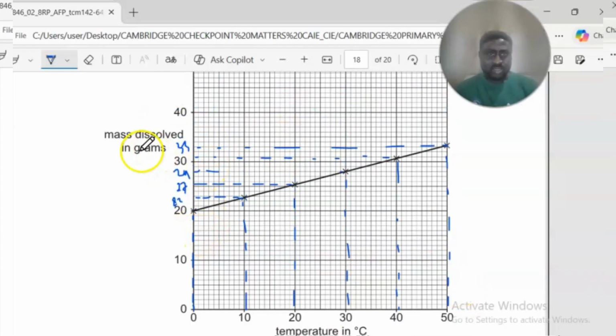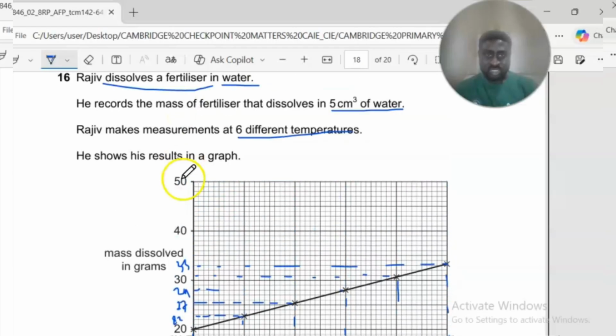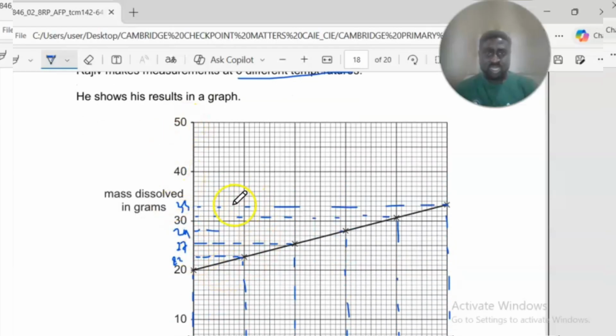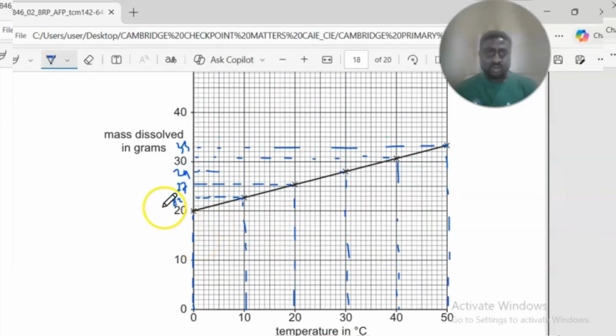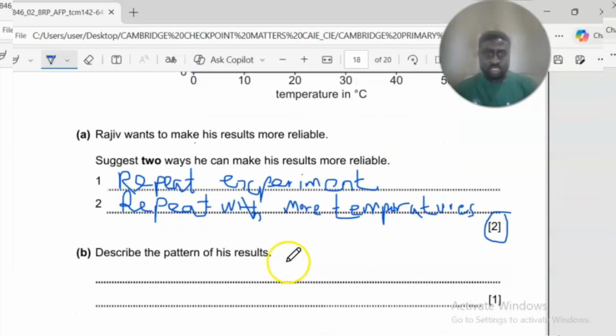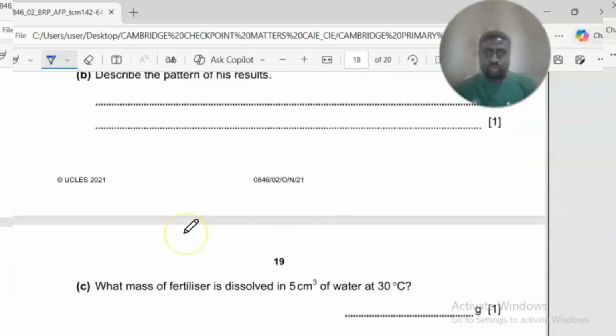Then if you look at the mass dissolved in grams, from the origin 0, you have 10, 20, 30, 40, 50. So this gives me the idea that the increase in temperature leads to the increase in the mass of fertilizer dissolved in the water. So the pattern of result would be that